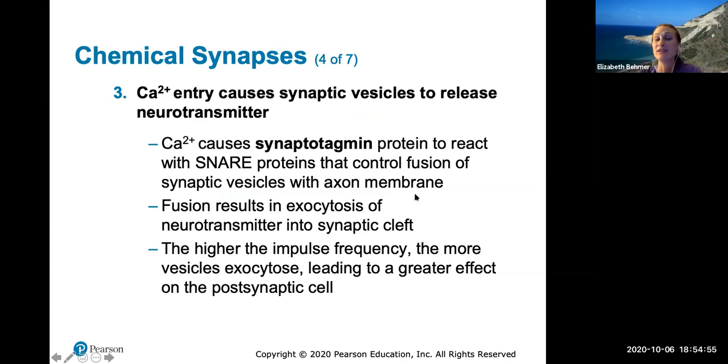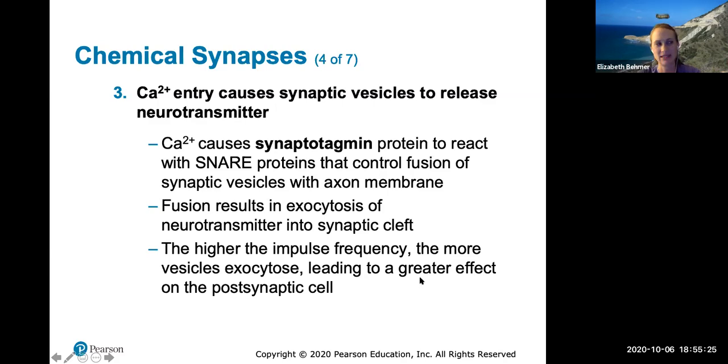Step number 3, calcium entry causes synaptic vesicles to release the neurotransmitters. So simply put, when the calcium comes into the axon, it causes those vesicles to release the neurotransmitter. How that happens is pretty much the vesicle will fuse, and it results in an exocytosis-like transport of the neurotransmitter into that synaptic cleft. The higher the impulse frequency, the more vesicles will be released, leading to a greater effect